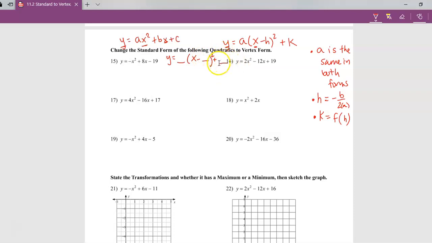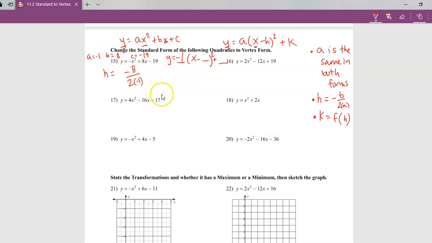All right? So again, like I said, a is the same a. So in this number 15, a is -1, right? Because a is in front of x squared. So I would just put -1 right there. Now, in order to find h, I need to do this little formula, negative b divided by 2a. So in 15, a is -1, b is 8, and c is -19. So in order to find h, we're going to do negative b, so -8, b is 8, over 2 times